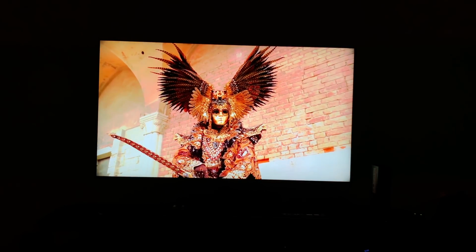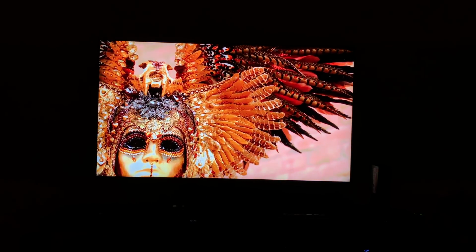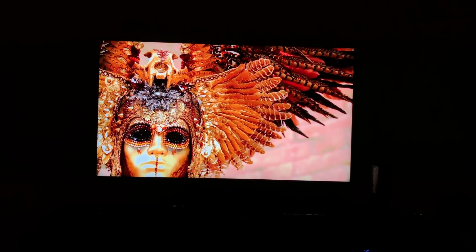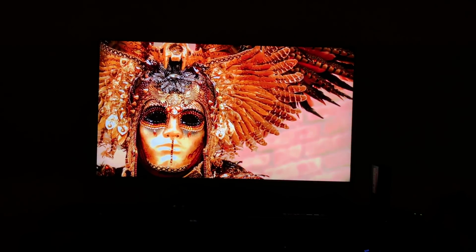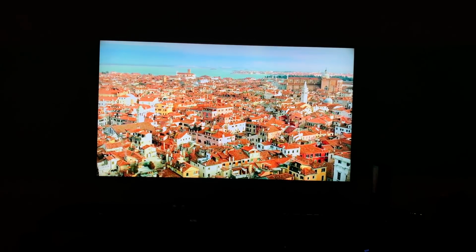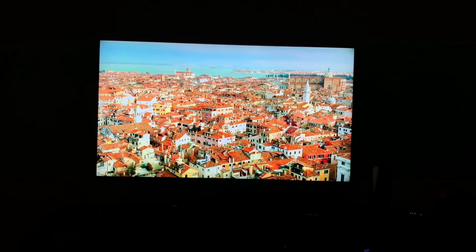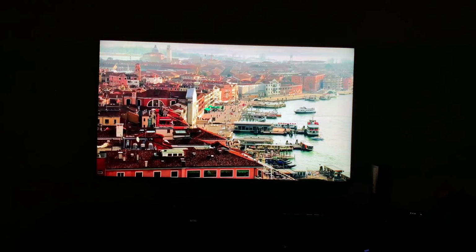And again, the only thing I really miss is with WebOS, I could press a button and then all my apps would show up in a tray at the bottom of the screen, and I could easily fast switch between different apps. And then it would always remember my last place. With this TV, you can't do that, and that's kind of driving me a little crazy. But I'm slowly getting used to it because I can easily just hit the home button,